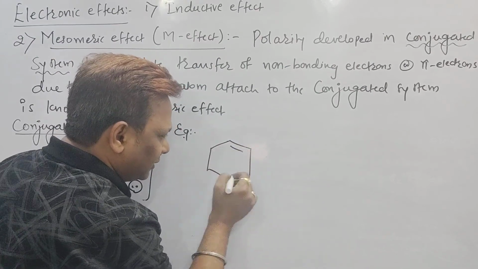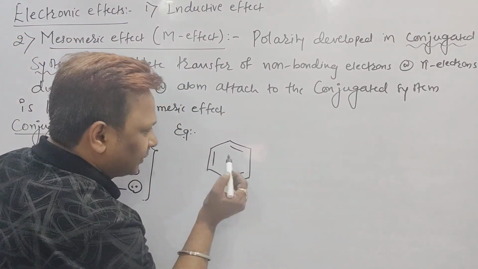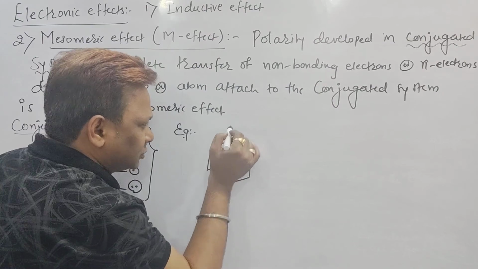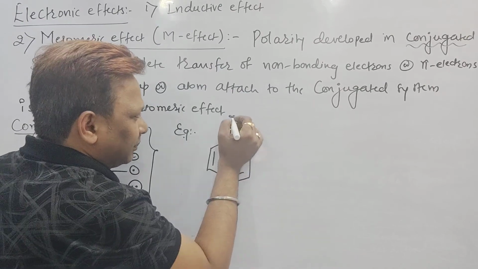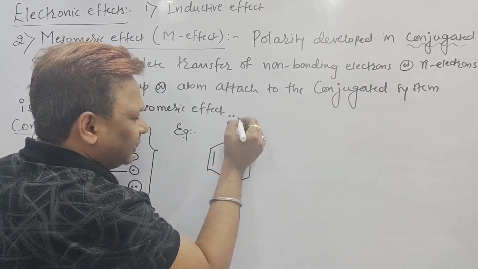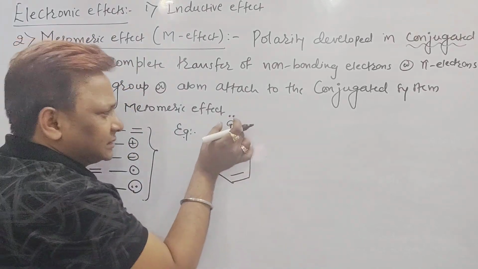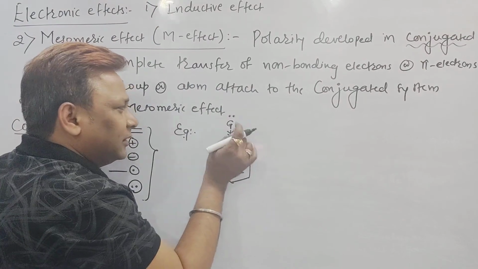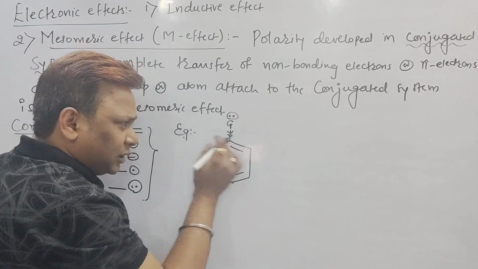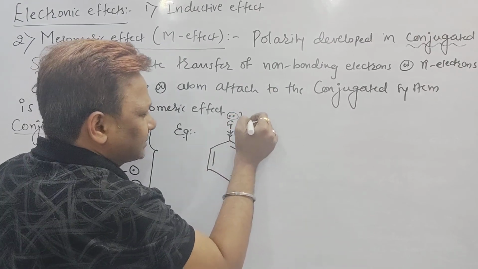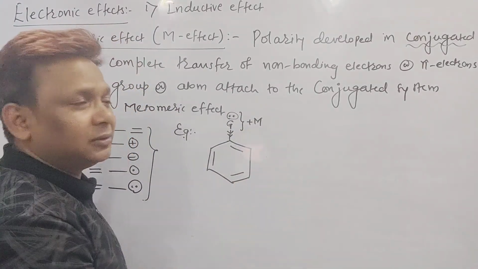Please listen to me. So now how do you know it is a conjugated system? See beta, pi sigma pi sigma pi. This conjugated system is attached to an atom, and let us say beta, the atom is having a lone pair. That means this atom which is having a lone pair has a tendency to provide the electron to the benzene ring. So it is the atom, or the atom in a group, having a lone pair which is providing electrons to the conjugated system. This will be called a plus M group. Plus M is positive mesomeric group.